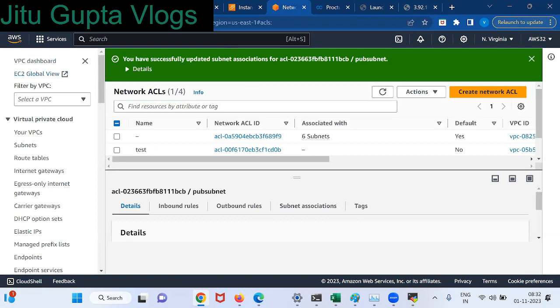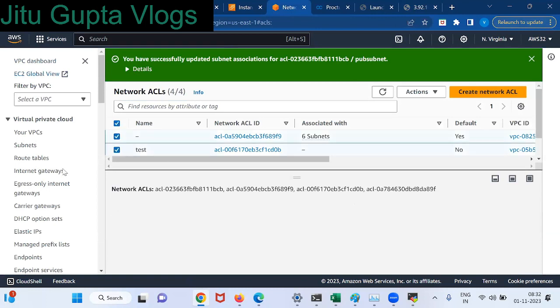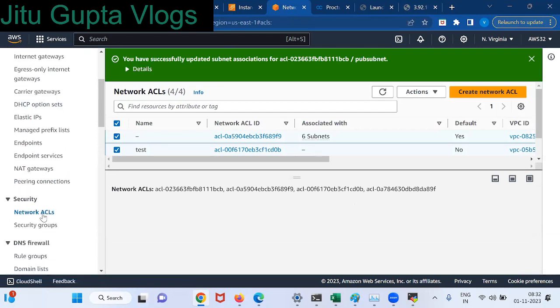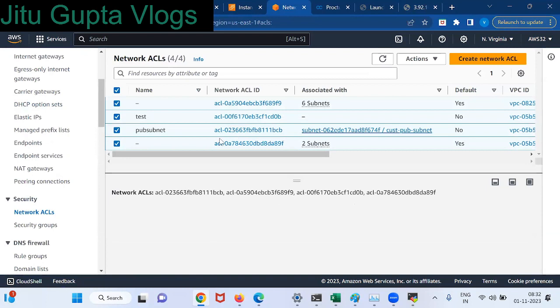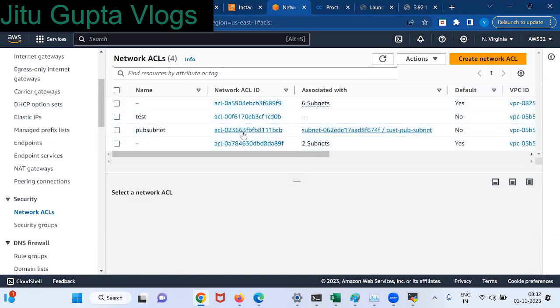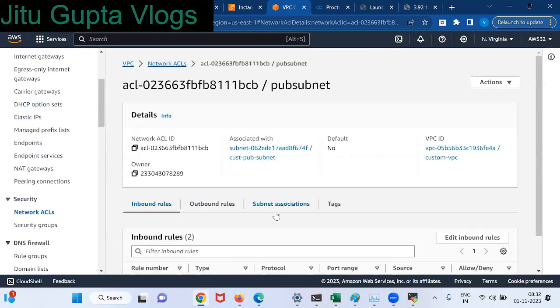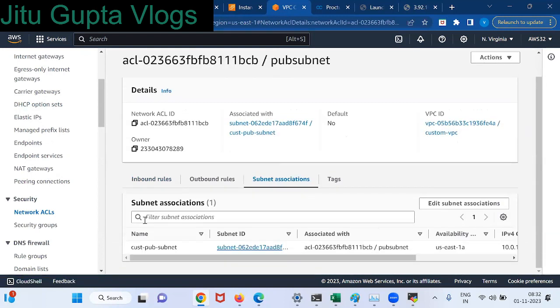We are enabling all traffic, right? This is my rule. I have attached the custom public subnet. Go to subnet association.